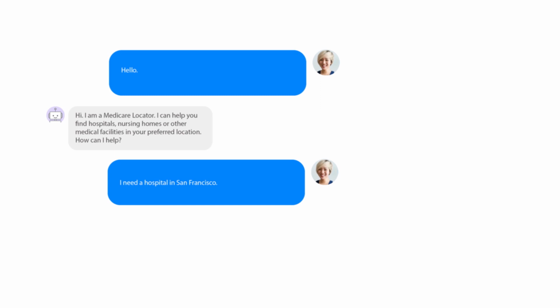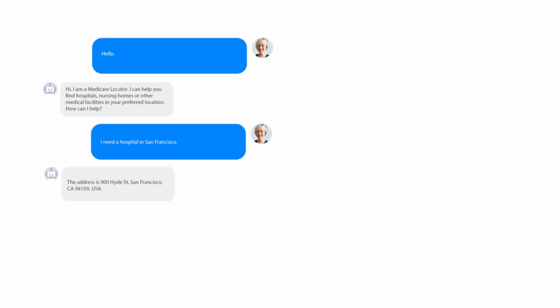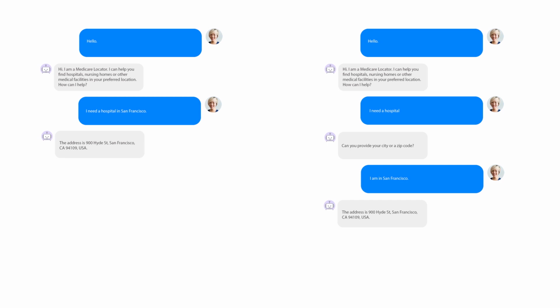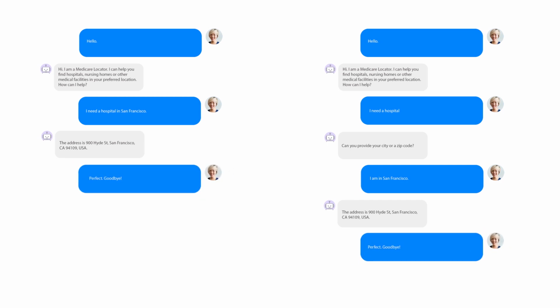If the assistant has all the details it needs to provide the best recommendation, it should proceed to finding a requested facility. Otherwise, it should ask for additional details, and once the user provides them, the assistant should go ahead and execute the search. Finally, a successful conversation will probably end with a goodbye message from the user and a polite response from the assistant.